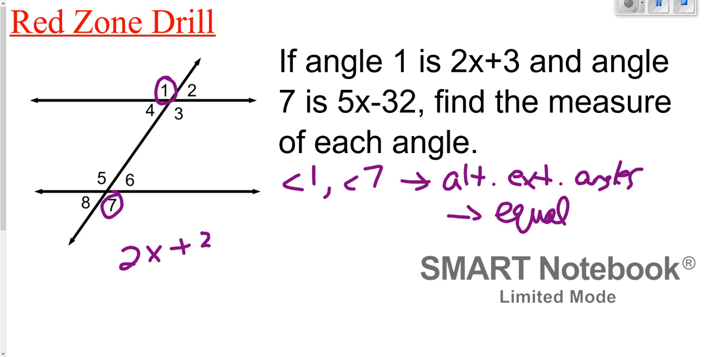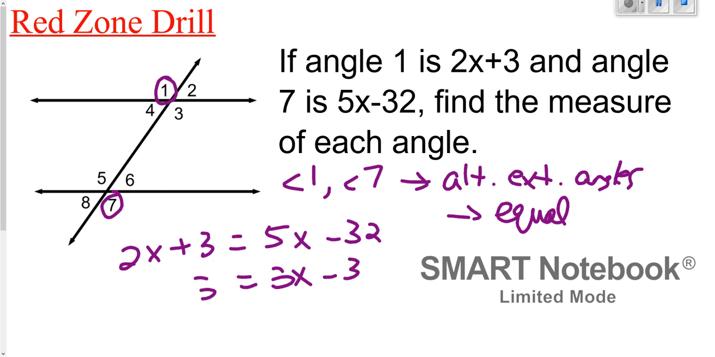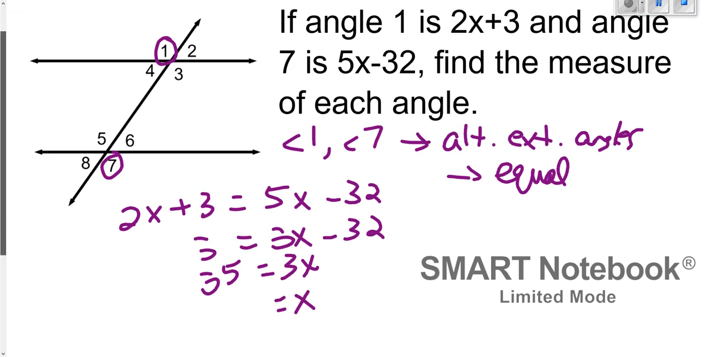So there we go. 2x plus 3 equals 5x minus 32. I solve this equation. I bring the 2x over. So 3 equals 3x minus 32. Add 32 to both sides. 35 equals 3x. Divide both sides by 3. And I get x equals a repeating decimal, 11 and 2/3. So I'm just actually going to leave it as a fraction,